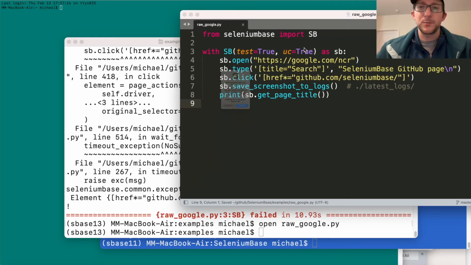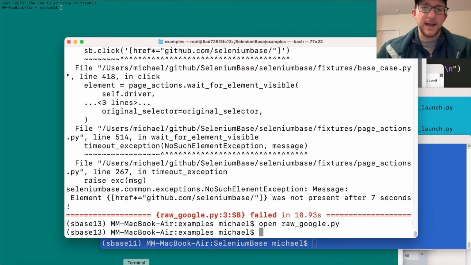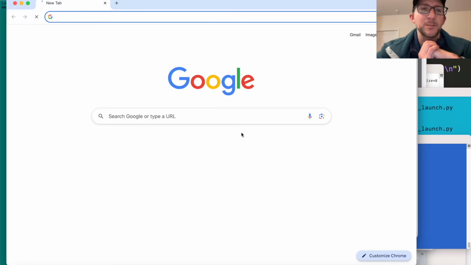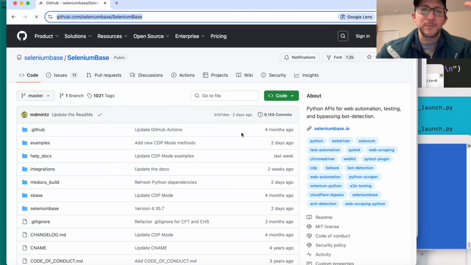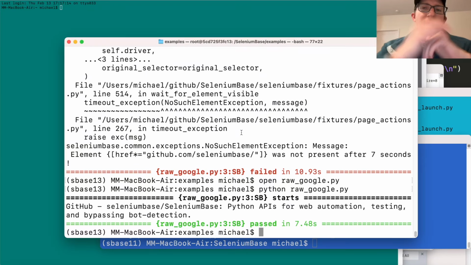So I'm going to put the uc=True right back here, and then I'm going to run the script, python raw_google.py, and this time, since I put it back, I am now able to do the Google search and go straight to the GitHub page. You can see that the raw Google example worked. So this is just one of many examples where we're bypassing bot detection so that test automation can properly go in